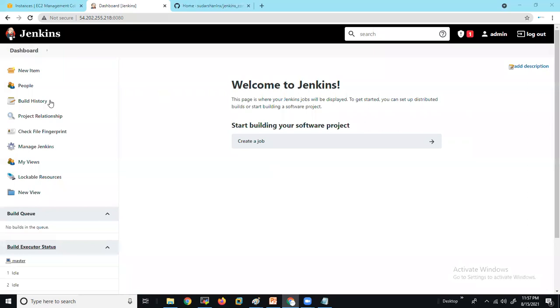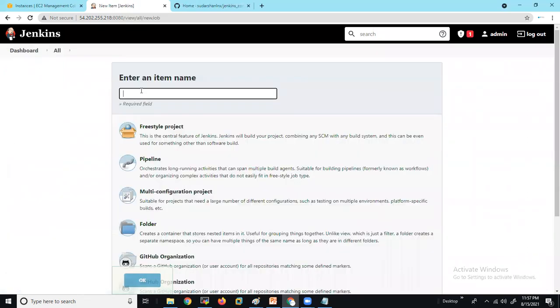Okay, to run a job, select new item. So here let us give slave-job. Okay, freestyle project. That will be a very normal project. Now we are going to configure what we are going to deploy in the environment.